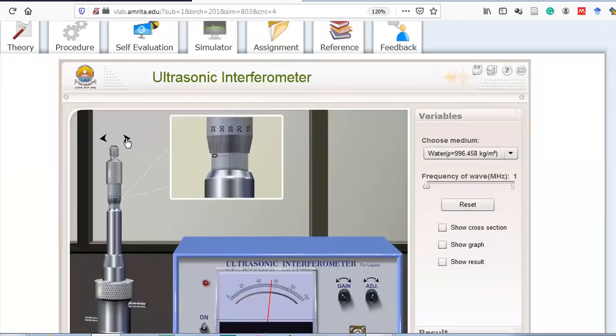Whenever I press this button and it reaches 60, I have to note down that particular micrometer reading from this scale. You see, you move it further, further. It will take time. You see the scale is rotating on the top. You keep on changing the value of the micrometer. I am pressing it continuously. The scale is moving upward, as you can see.